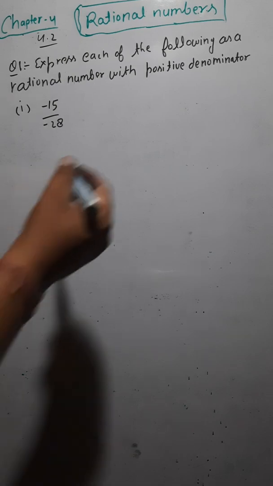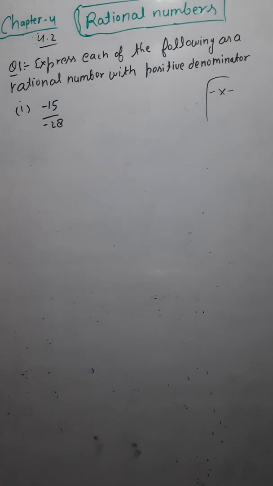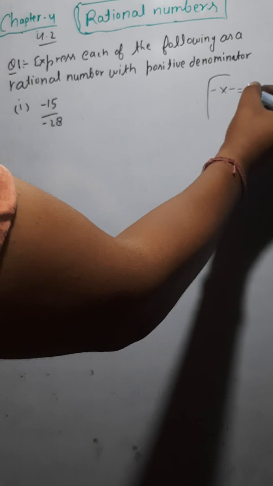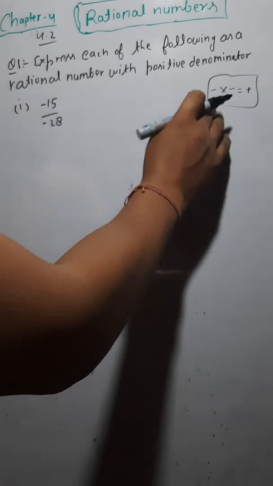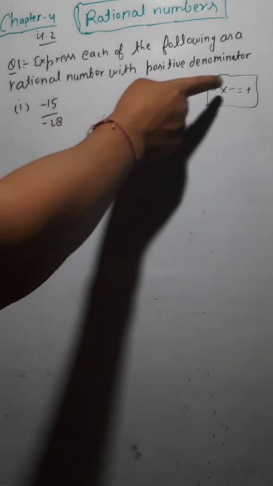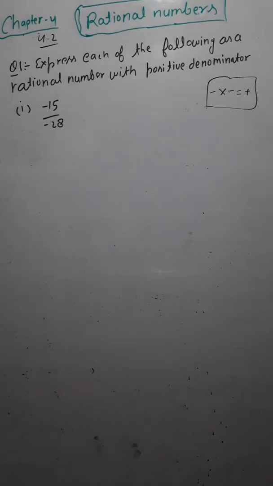How would you change this? Before this, let me tell you one thing. Minus multiply minus: if both are negative integers, then minus multiply minus would become plus. That you have to remember here. When both are negative, minus multiply minus would become plus. Okay. Similarly here also, if you see,